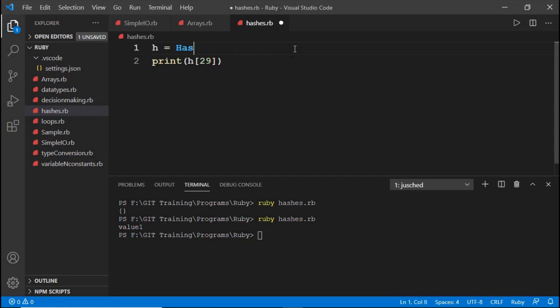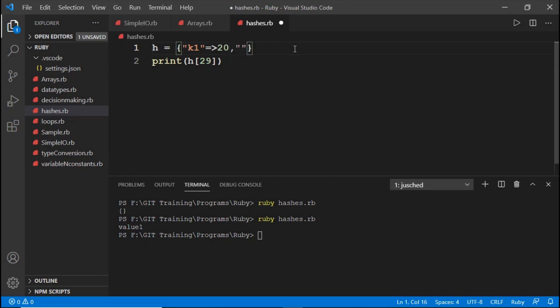Let's take one more syntax to define a hash, which is enclosed in curly braces. Here k1 is my key, which associates with the value, say 20.